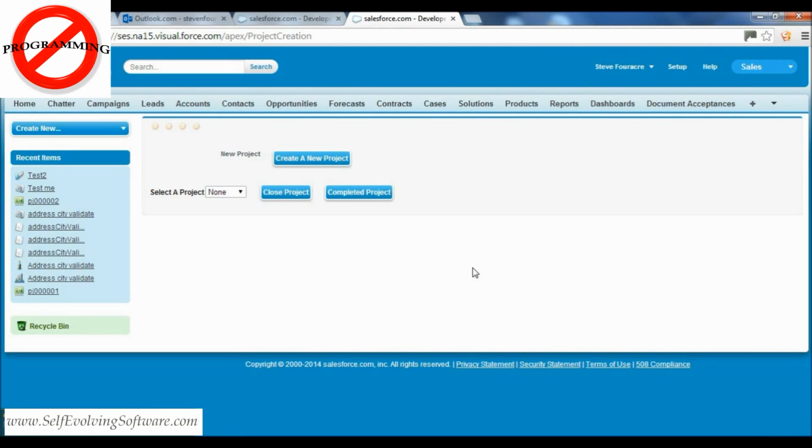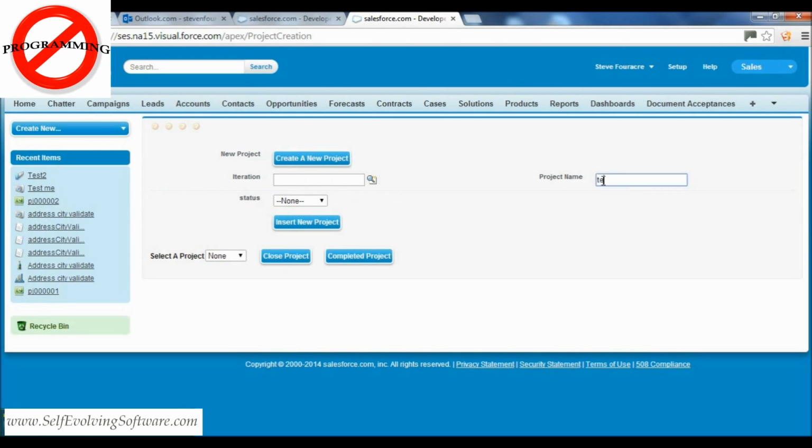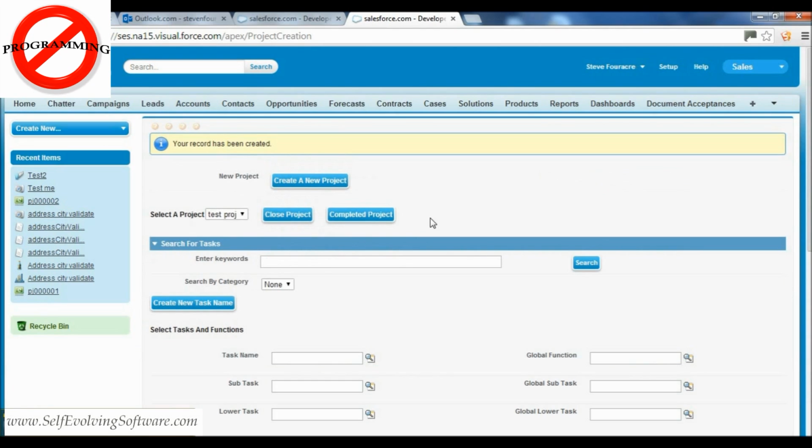There are several ways to set up a new SES project. It is very simple to do this from the main project management screen. Click on Create New Project. Enter a project name. Set the status to In Progress and click on Insert New Project. To copy a previously created task from SES Global, you can enter keywords to search for a task. If, for example, you enter several words,